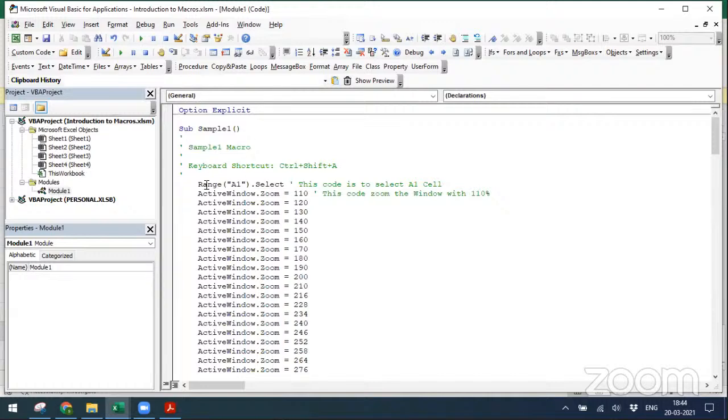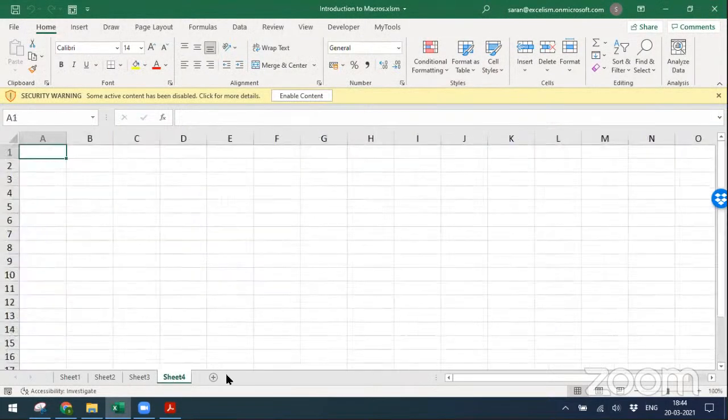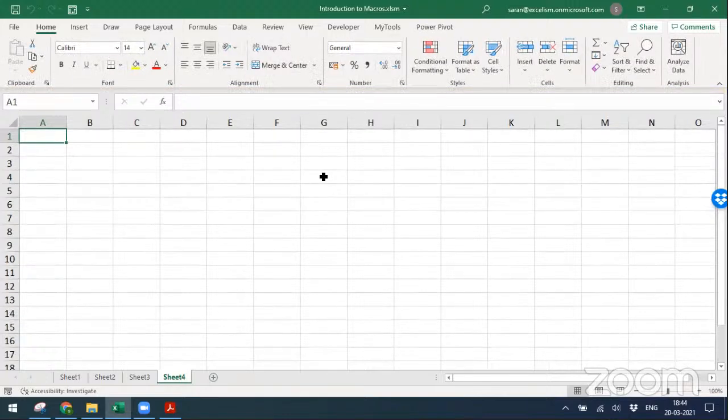Whenever I keep something in the module, that means this code belongs to the entire Excel as well as outside Excel also. Let me also tell you, in one Excel workbook you can record n number of macros. In one module you can record n number of sub procedures. Sub is a sub procedure. Okay, so let me just close this. Till here, anyone having any question? I have to go into the proper macro for recording. I'm just trying to give you small things so that when you start looking outside at a blue color, or at a comment, you should not feel that it is something different. Okay,